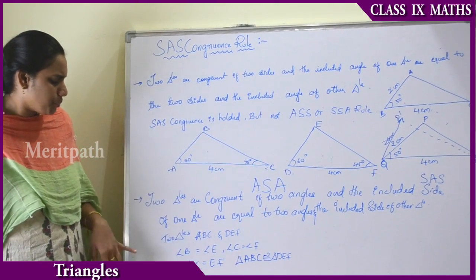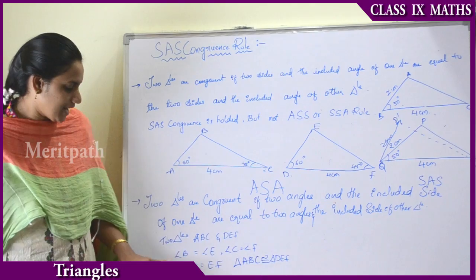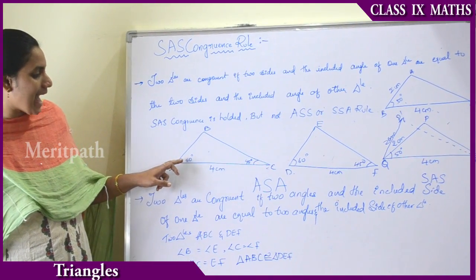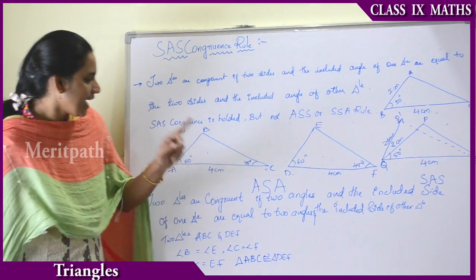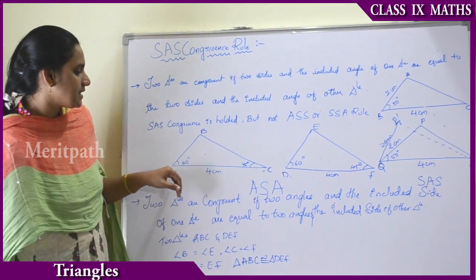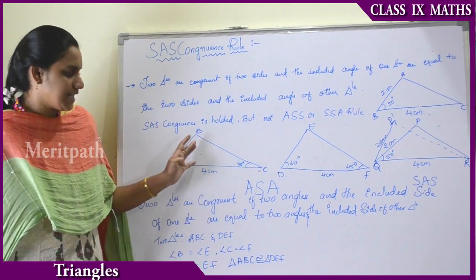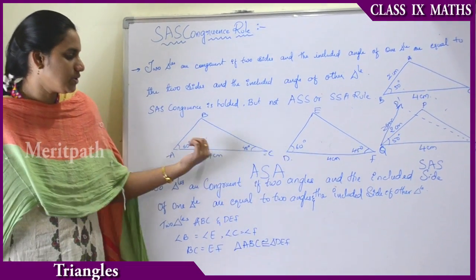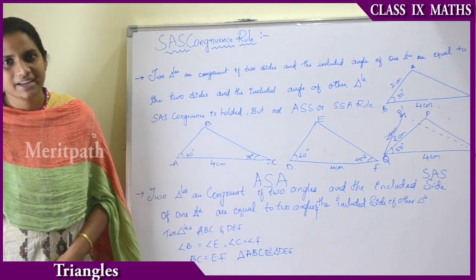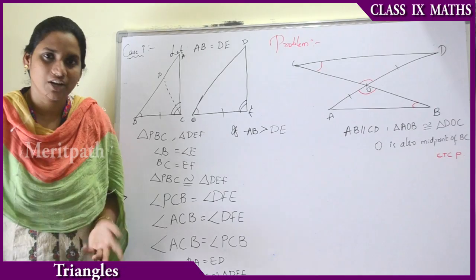Now let us prove what we should prove, that is, that the two triangles are congruent, right? That is the first point we need to prove. And angle A equals angle D and angle C equals angle F. And side AC should equal side DF. These are the four statements we have to prove in order to say that triangles maintain the angle side angle congruence rule, right? Now let us see the proof for the angle side angle congruency rule.